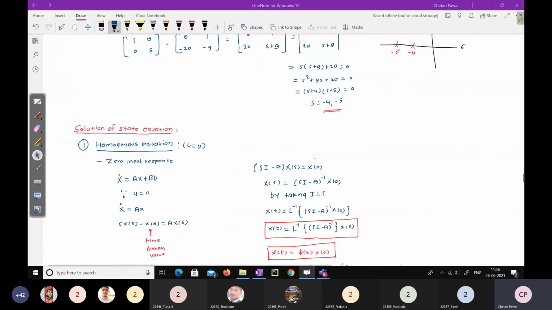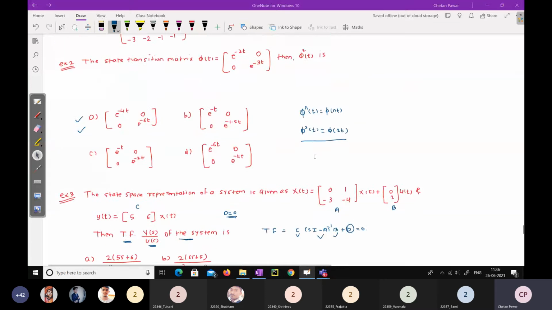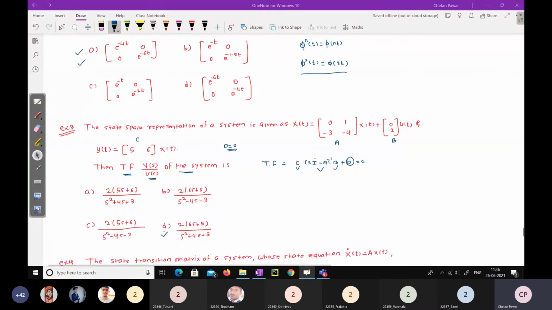Same thing we will apply here. This is the shortcut technique directly. While taking the output vector, how do we take it? We start from this point and keep the sign as it is. Okay, so 5 and 6. Here you can see the output vector is 5 and 6.